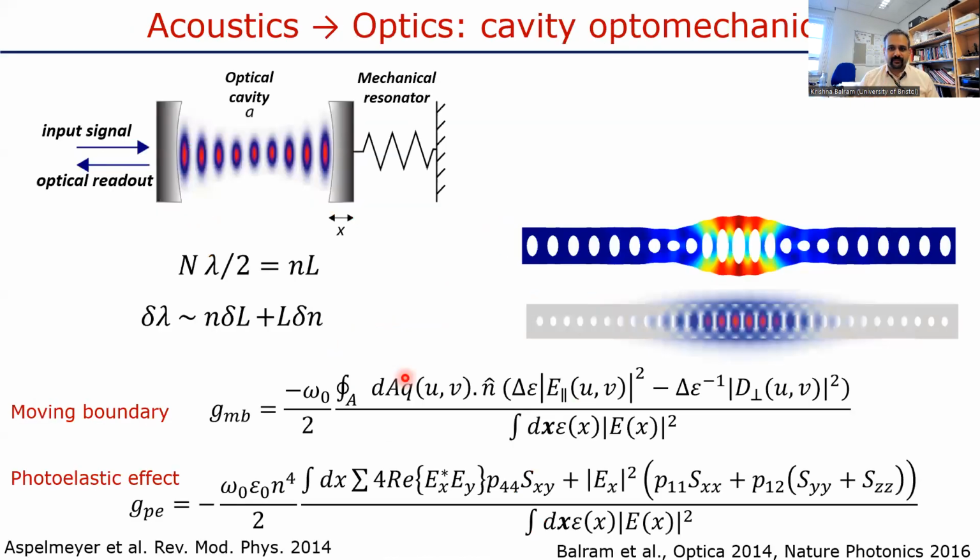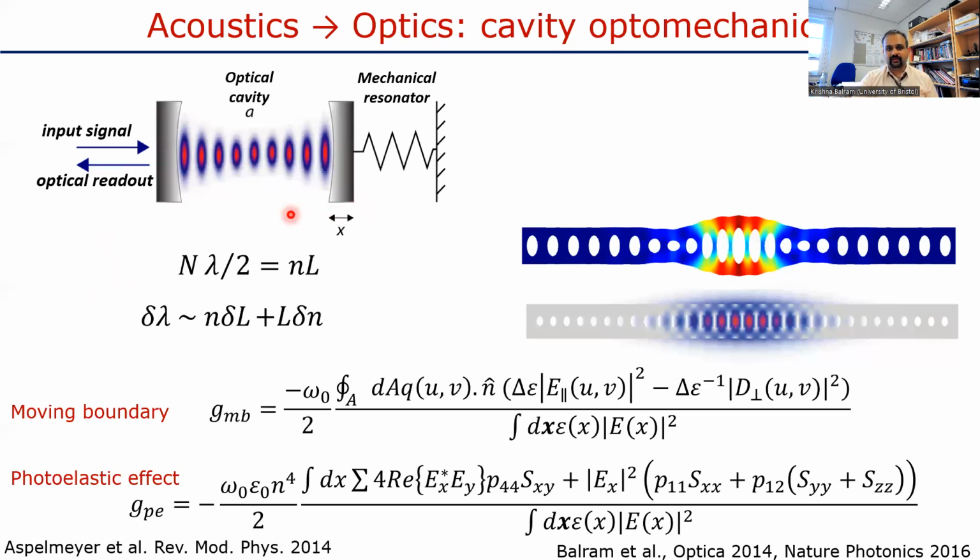Just as an aside, and for this audience, I'd like to introduce what sort of cavity geometries are used to engineer these kinds of very strong acousto-optic interactions. One way to think about these devices is to think of them as just simple Fabry-Perot cavities with one of the mirrors mounted on a spring. So as this mirror moves back and forth, it changes the resonance frequency of the cavity. Now, what is important to keep in mind is that there are two different mechanisms that contribute to this change in resonance frequency.